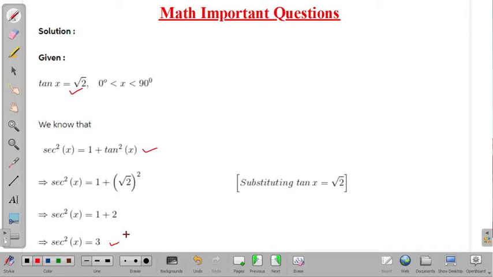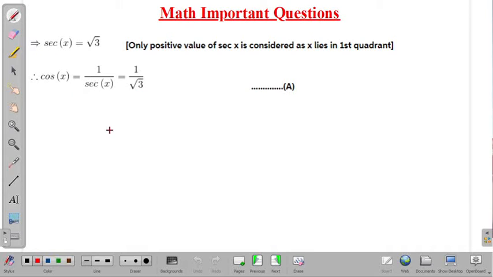Okay, so from this we can calculate the value of sec x, but you have to see that x is lying in the first quadrant, as x is less than 90 degree but greater than 0 degree. So value of sec x will be positive, right? So sec x we will consider only positive value and it will be equal to root 3. And we know that cos x is the reciprocal of sec x, so it will be 1 by root 3. So now we have the value of cos x,